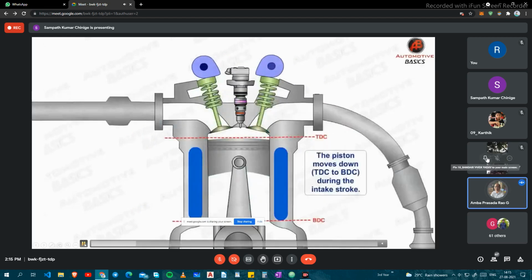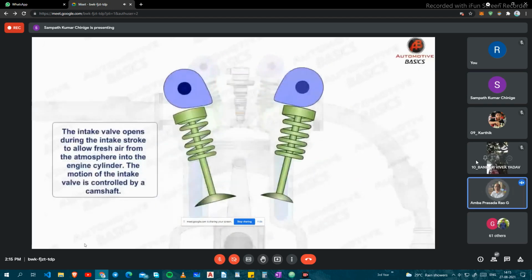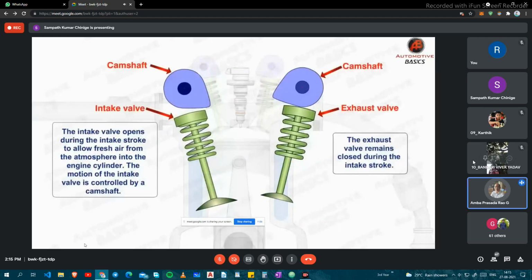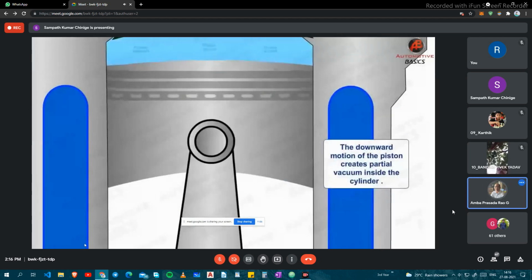Like the suction stroke, the air enters through this one. These are the valve movements. These are typical spring-loaded valves. I am showing this because I will also show it in a real engine, when I show the different components of an engine, so you can appreciate it. These are spring-loaded valves.